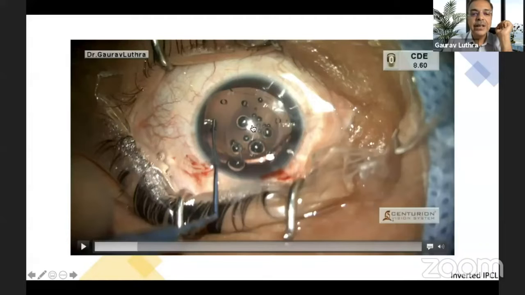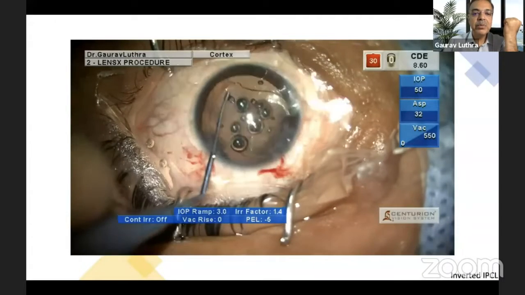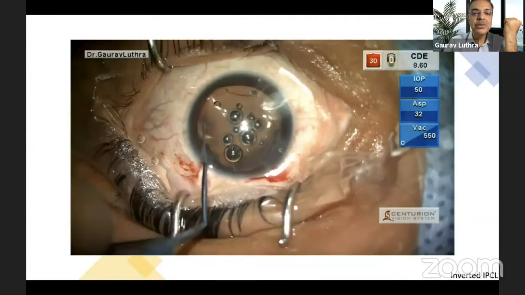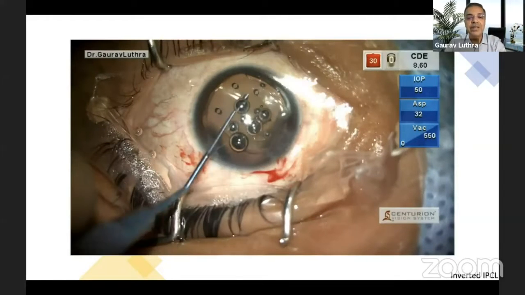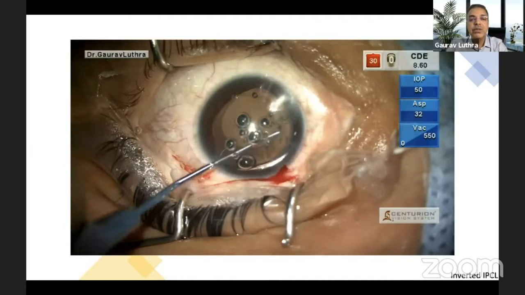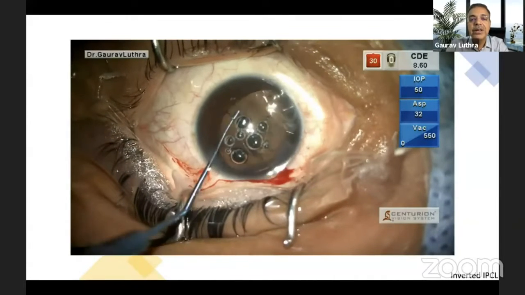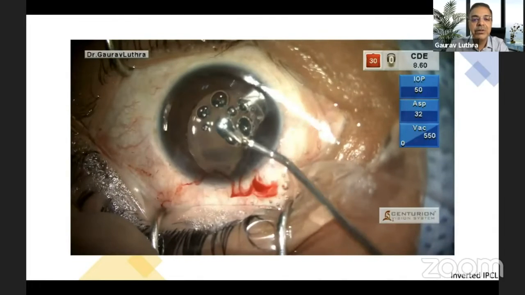So as I injected it, I realized that something was not right. I noticed these two holes. Now it was looking fine to me, so I thought that I'm going to put it in, but then when I saw those two holes inferiorly rather than superiorly, obviously the orientation is wrong. And believe me, even after 15-20 years of doing ICL, sometimes if it's an upside down ICL, you will not know it till at least two of the haptics have been put behind the iris, and then you realize that there is something different to the feel.